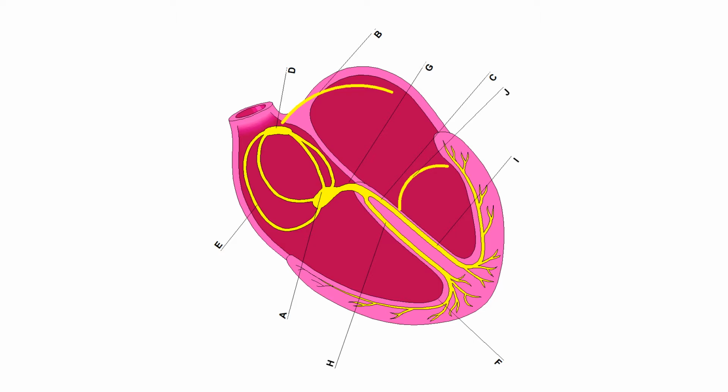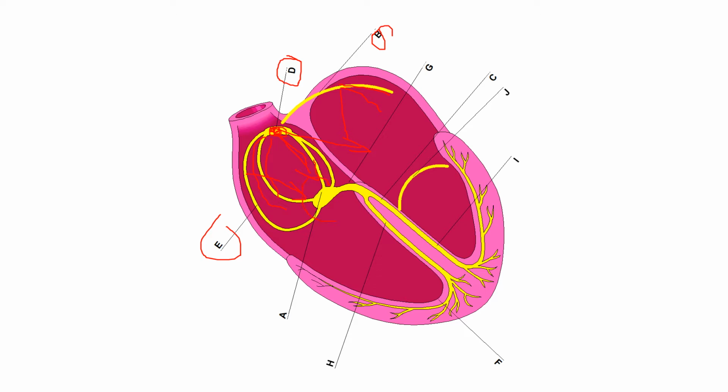In the first part of the conduction system, it comes from the SA node, which is D. So your SA node is the primary pacemaker. It fires at a rate of 60 to 100. That impulse will travel in two different directions. It goes intranodal through E and B with Bachmann's bundle so that it goes to the left atrium. And again, the goal is for both atriums to depolarize at the same time. So that impulse starts at the top of the atrium and it's moving in the direction towards the AV node,